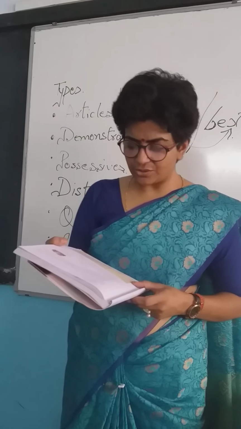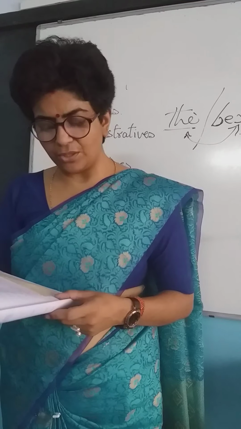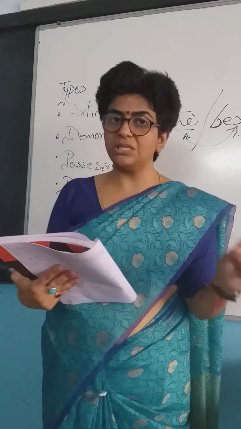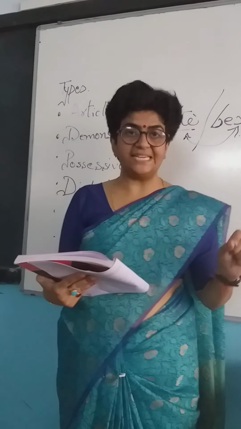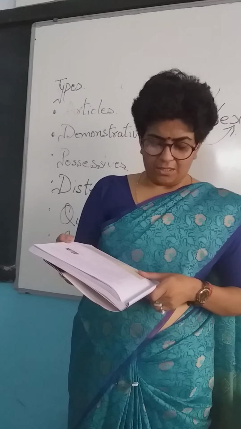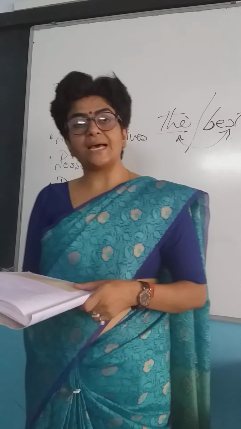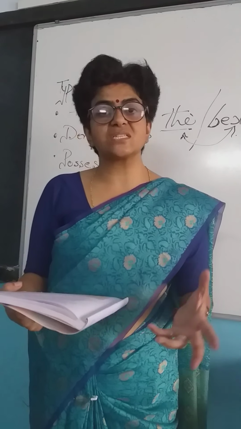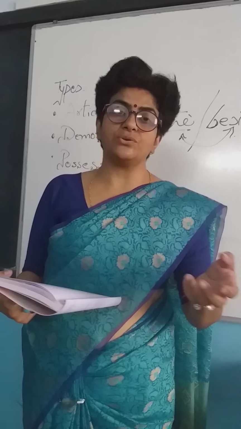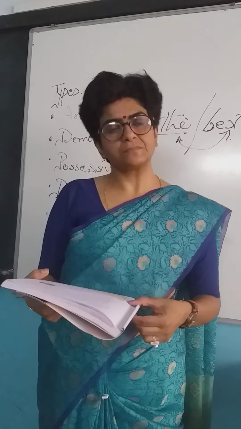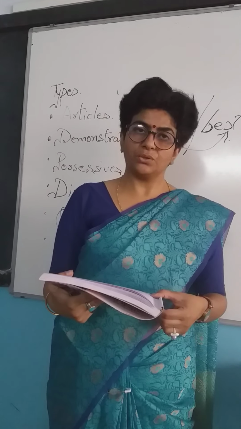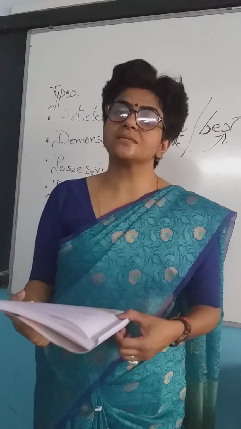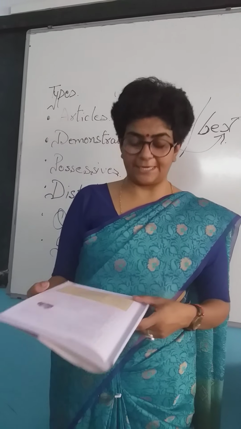We use "the" when there is only one of something, when there is something unique. As I said, the river Ganges, it is one of its own kind. Okay? The Earth, the moon, the sun, the sky, the equator, the north pole, the east, the west, the west direction, the east direction, we are using "the" with it because we are very sure of that. Only the sun rises in the east. Sun is one of its own kind. East direction is one of its own kind. That is why